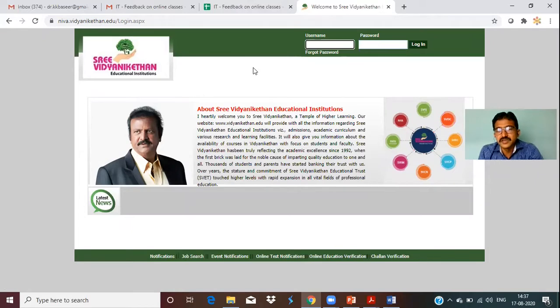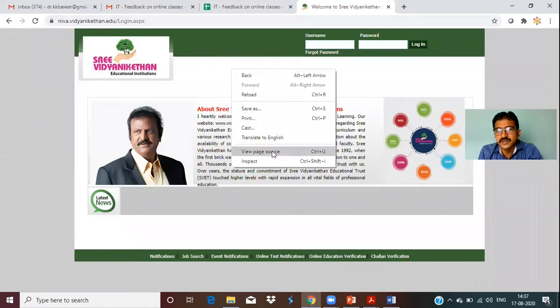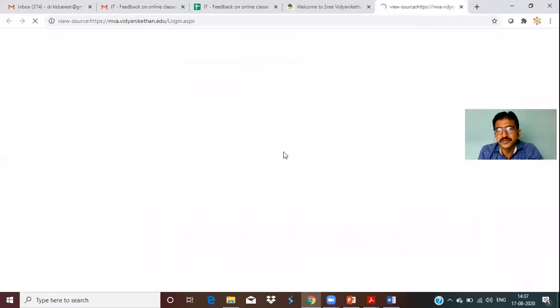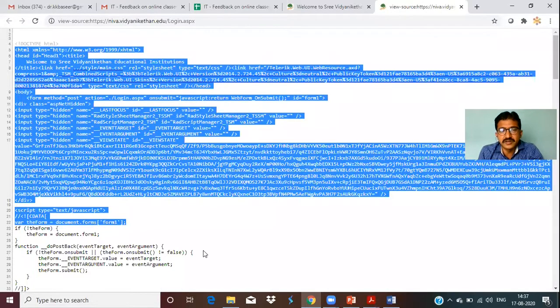The second view is source code view. How to see the source code view? We can just right click on the web page and choose view page source. So click on that. Whatever HTML code is related to this page, you see the total code, only the abstract level of code will be visible here. The source code of a particular page, how the page looks, the image, the text fields, button, all sorts of elements are available in this.